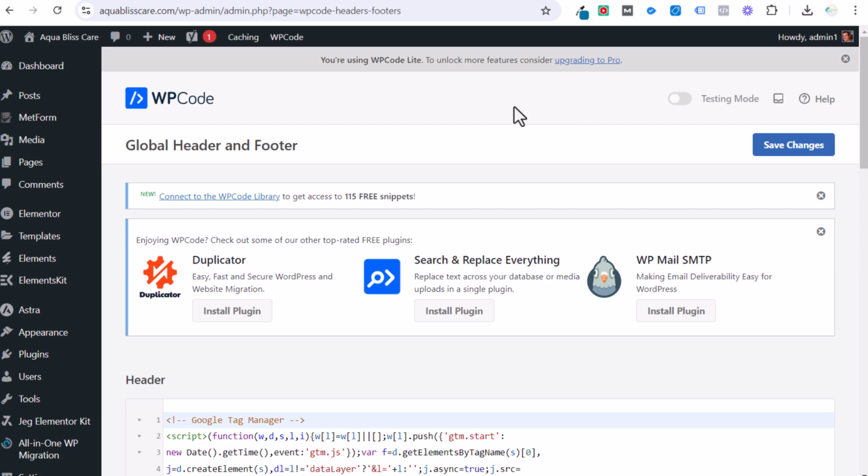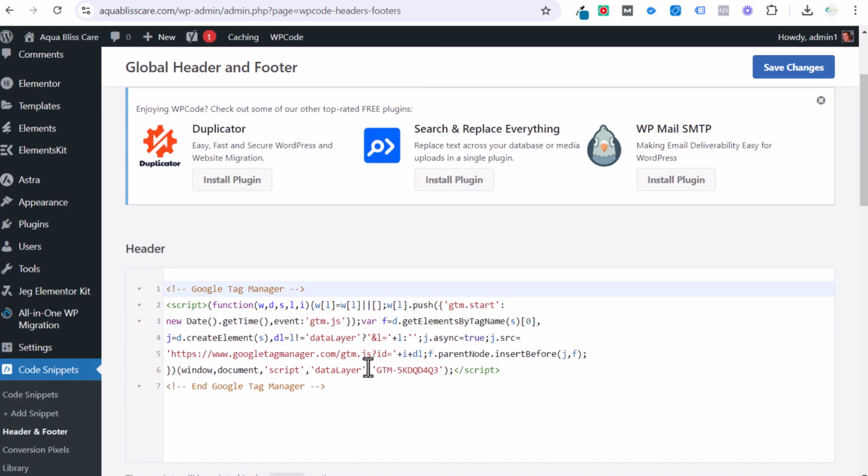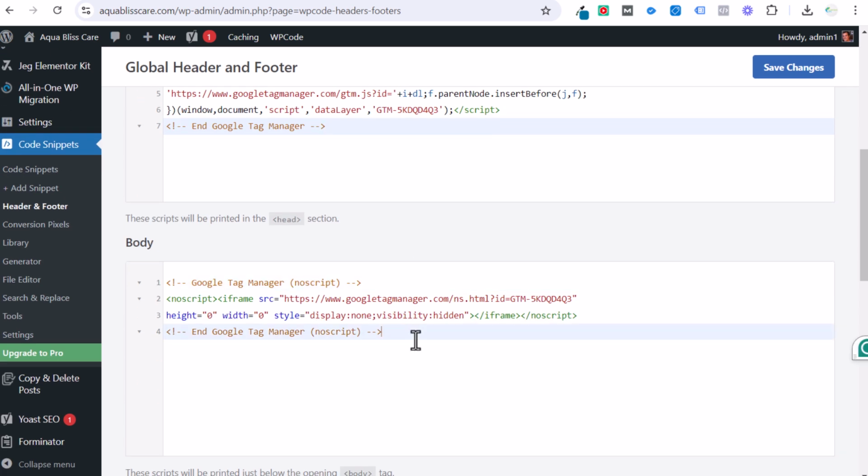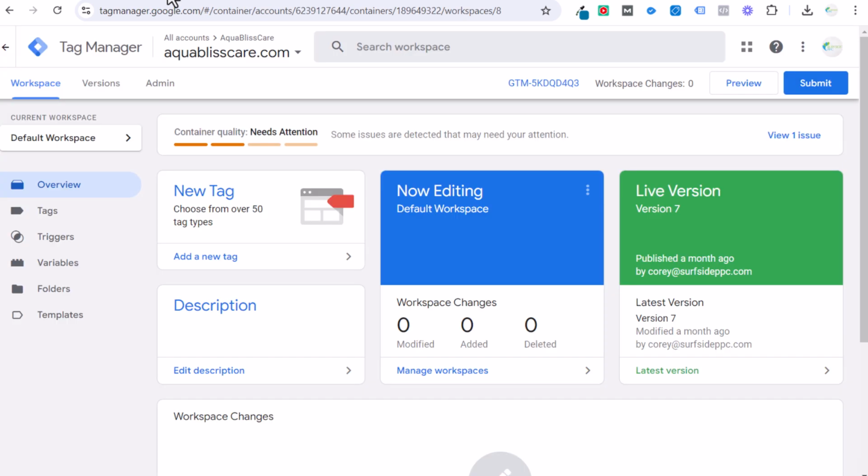They do have a pro version, but you do not need that to install Google Tag Manager. So you'll see right here, I have my 2 Google Tag Manager pixels installed. You can find that after you create your Tag Manager account. Again, completely free to use,